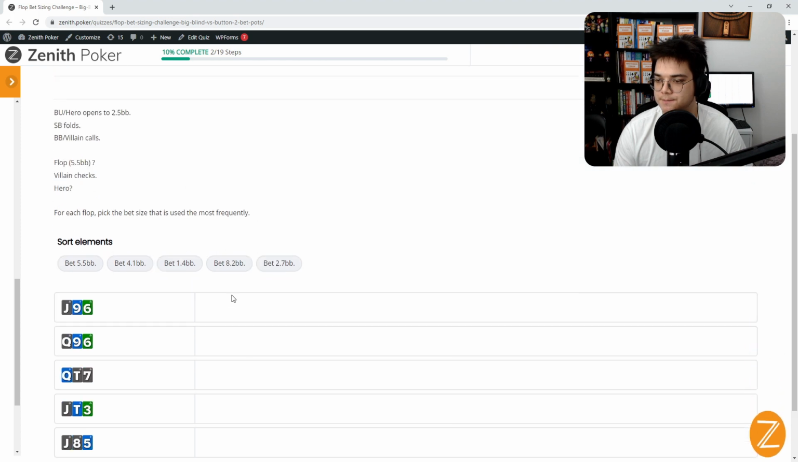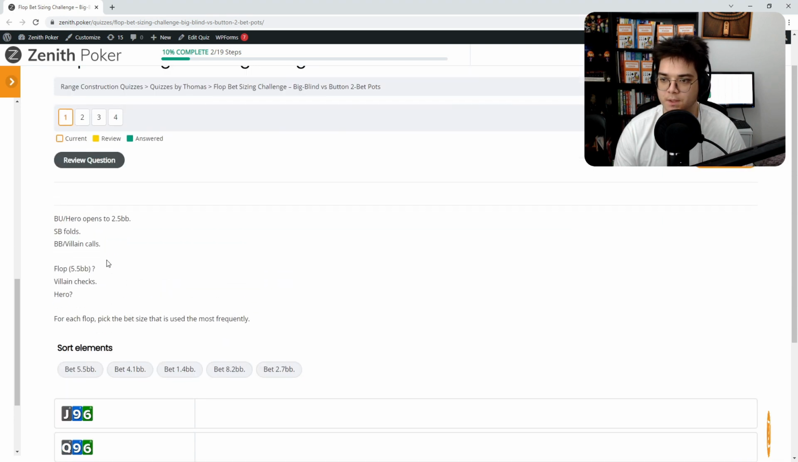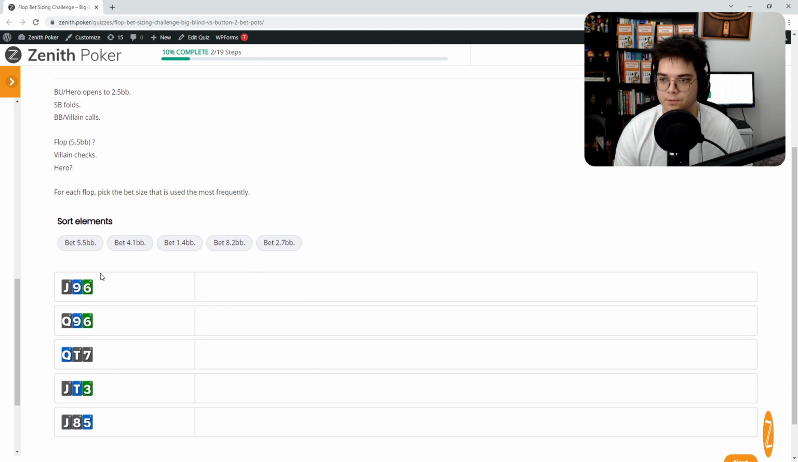So there's 4 questions. Each question has a sort elements thing where you have to pick a bet size and basically attach it to a flop. So the situation is that we're on the button, we open to 2.5 big blinds, small blind folds, and the big blind calls. So after the flop, villain checks, and it's on us. And for each of these flops, we should, from the bet sizes that we're given, pick the size that is